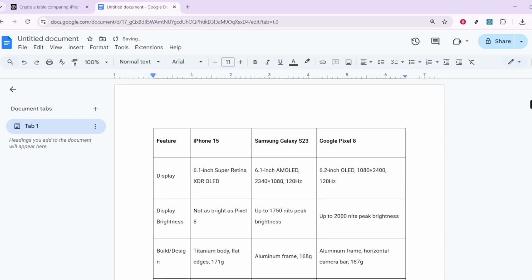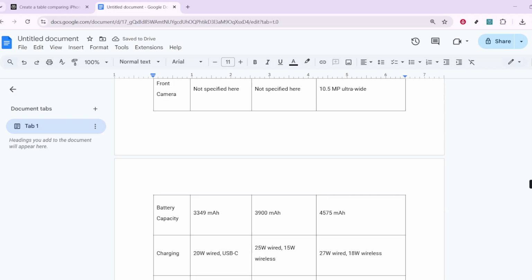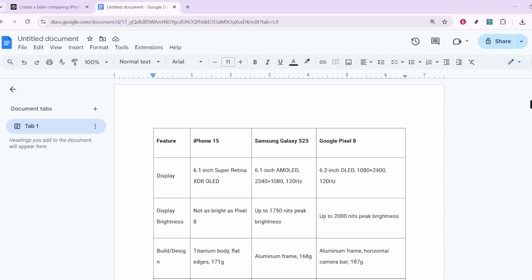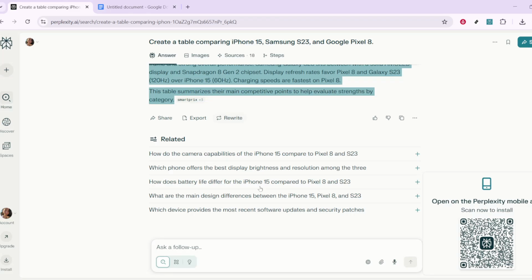Sometimes when you paste the table, the formatting may not be quite right. If you find that the columns aren't lining up as expected, one workaround is to paste the table into Excel or Google Sheets. These applications are adept at handling tables and will automatically align the columns for you, providing a cleaner look. Alternatively, if formatting issues persist and you're looking for a more flexible solution, go back to Perplexity and